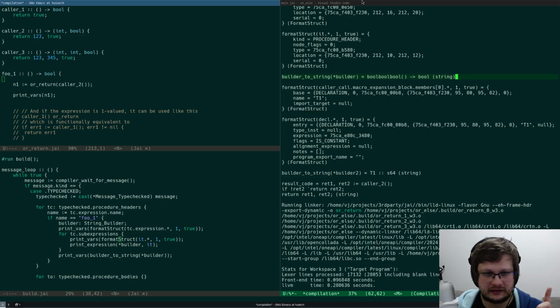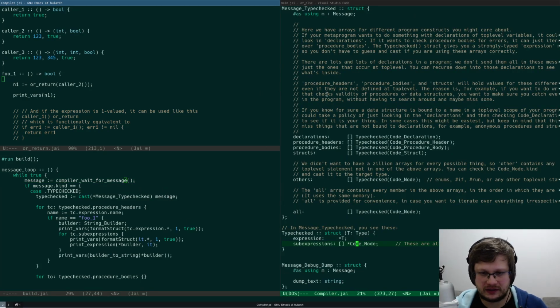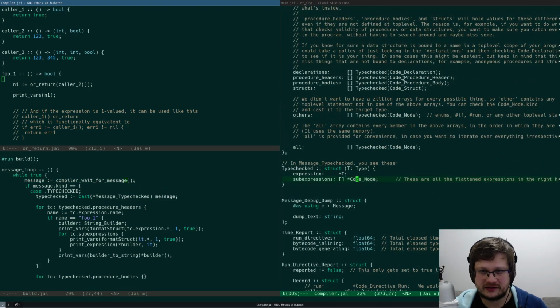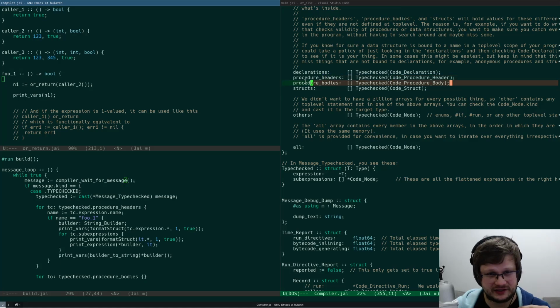And when we get the header, we want to grab the return values of the header, right? Let me think about it for a moment. I get procedure headers. I think after the procedure header, I get the body of this procedure.